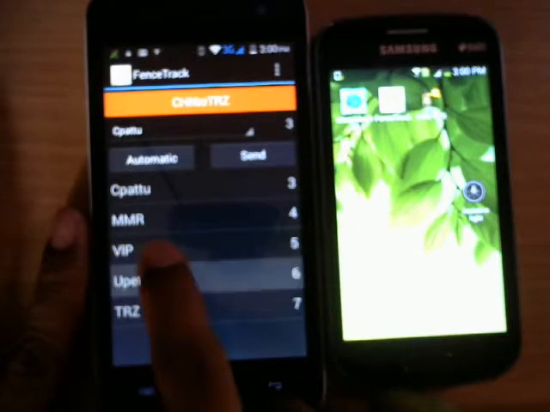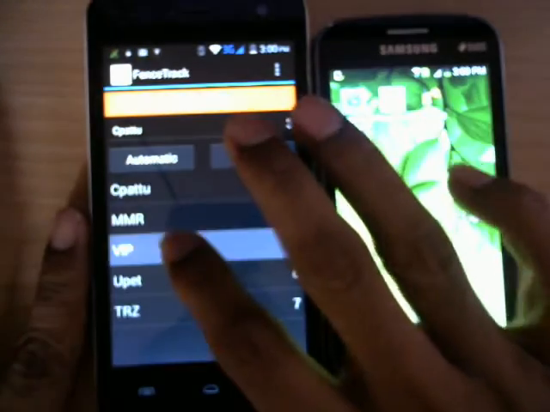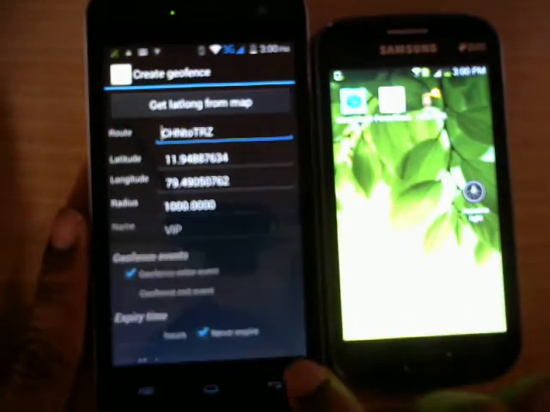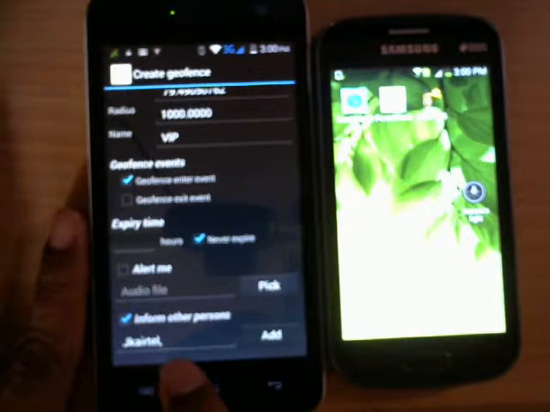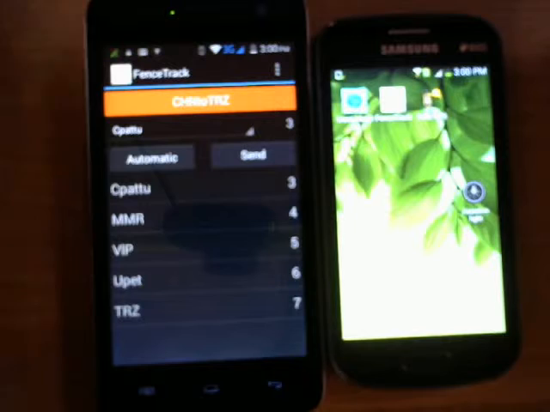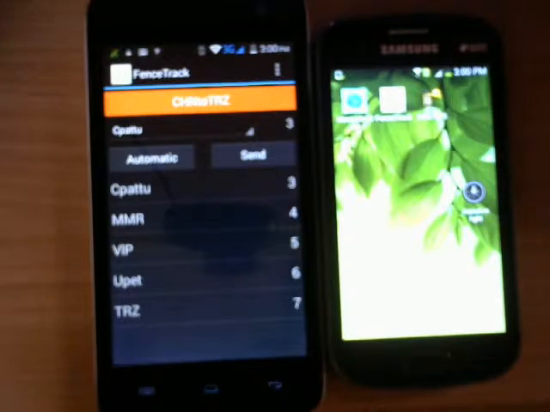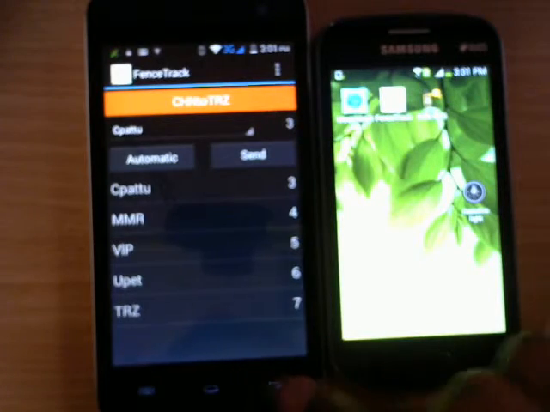When I reach Villupuram, I selected inform other person, that is my family member, and I have enabled internet connection, Wi-Fi, GPS, Google mobile location service.